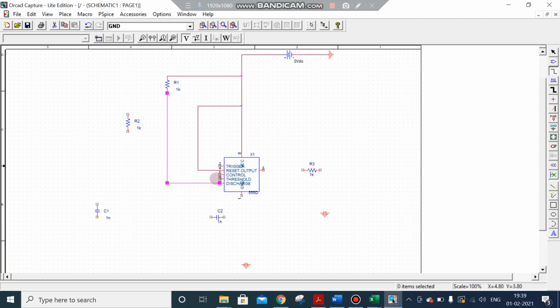Then second pin and the sixth pin we should short. Then this R2 resistor should be connected between second pin and seventh pin.